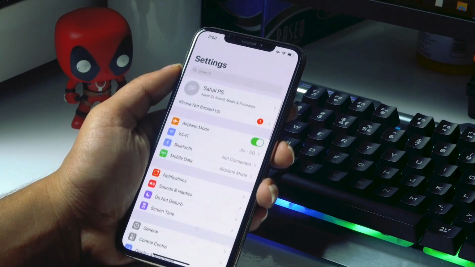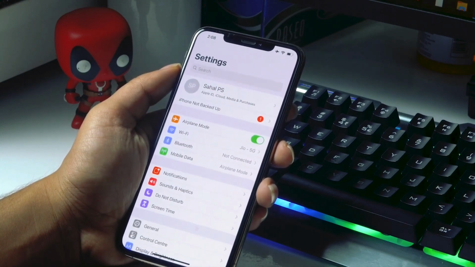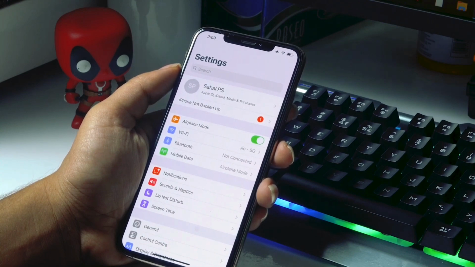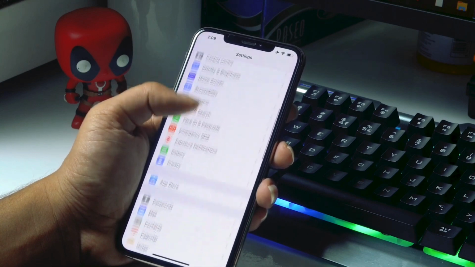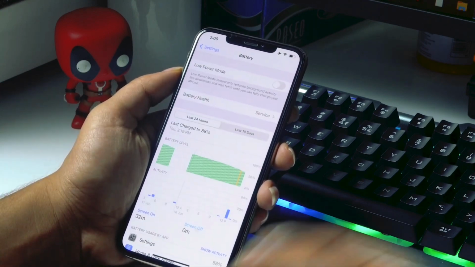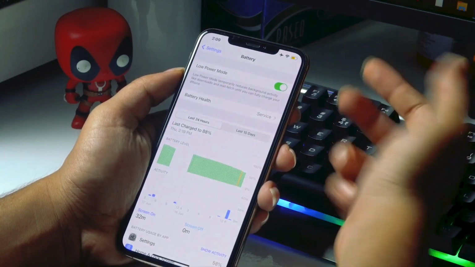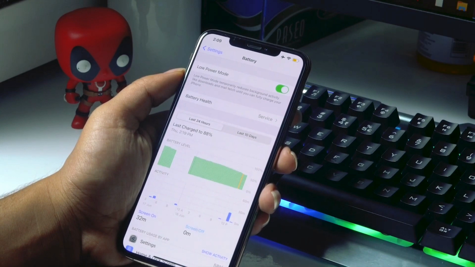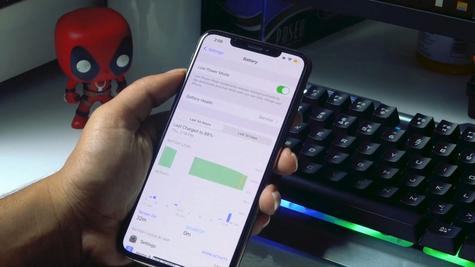The third step is about turning on Low Power Mode, and this is very important. If you want to do this, just follow the instructions. Open Settings, scroll down and tap on Battery. Over there is an option called Low Power Mode. This will help you to fix the battery issues, and if overuse is happening in between, this will act as a moderator.